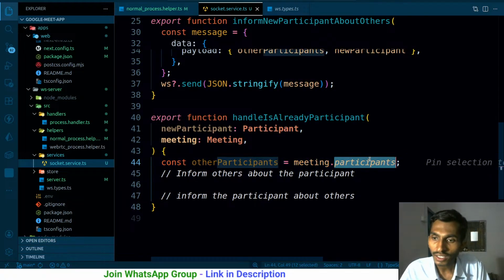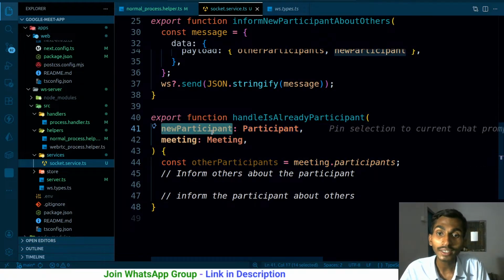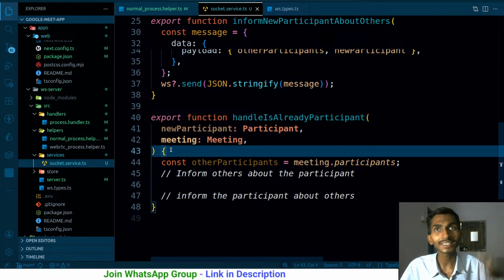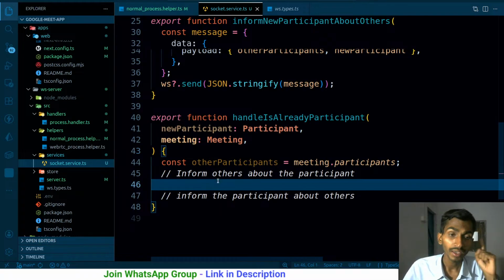But this participants list contains this particular user as well, because this is not the new user, rather this is the user who reloaded the page and is trying to join the meeting. That simply means this user is already part of the meeting. It's just that it is joining again, so informing others and all. Having said that,